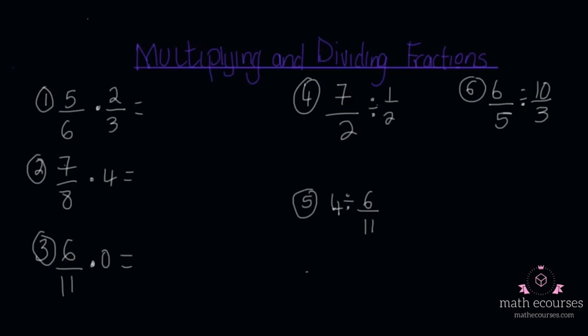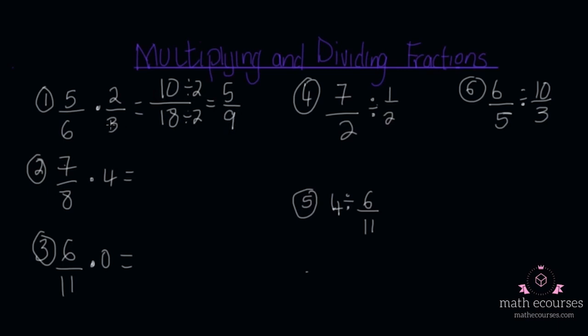In this lesson, we will learn about multiplying and dividing fractions. When multiplying fractions, you need to multiply all numerators, multiply all denominators, and then simplify your fraction. For example, number 1, I can multiply 5 times 2 to get 10, 6 times 3 to get 18, and then you need to see if there's any common factors. 2 will go into 10 and 2 will also go into 18, so I can simplify that to get 5